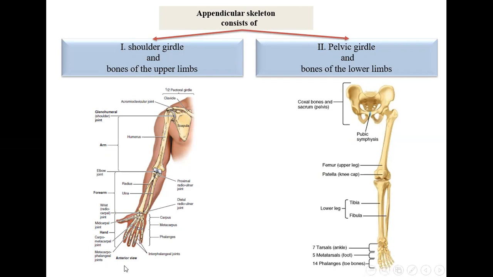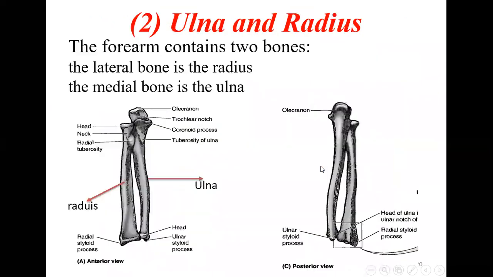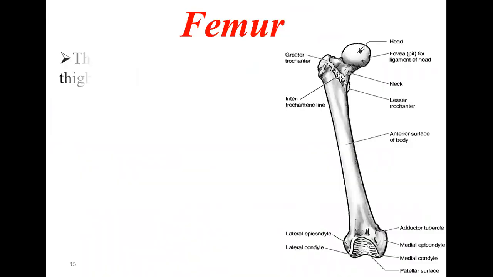14 phalanges, just like in the case of the hand, there are 14 phalanges. Here the metatarsal bones, here they are metacarpal. The metacarpal, here 5, here also metatarsal 5. Here they are called the tarsal bones, here they are called carpal bones. Carpal bones are 8 and tarsal bones are only 7. 2 bones in the forearm and 2 bones in the leg, and 1 bone in the arm and 1 bone in the thigh. Okay, so this is the arrangement of the bones in the upper limb and the lower limb.